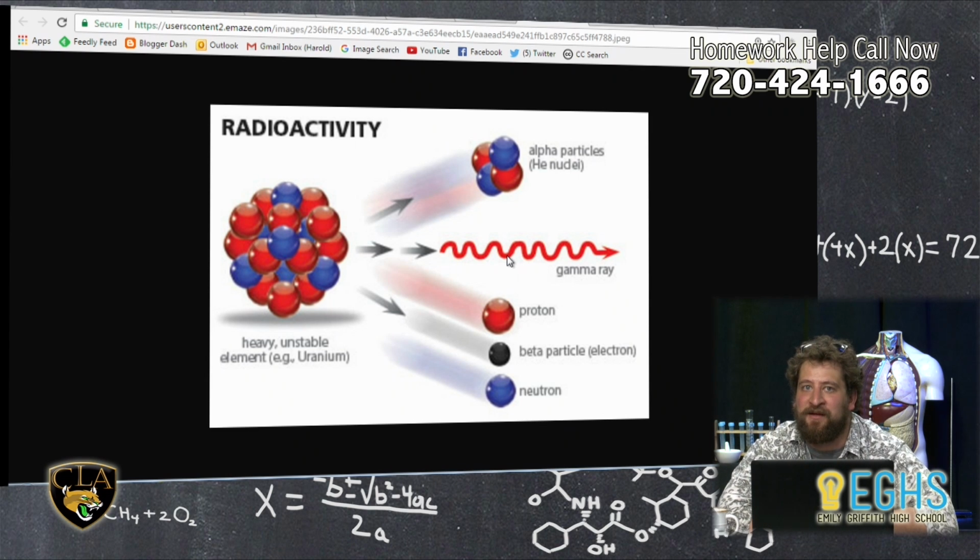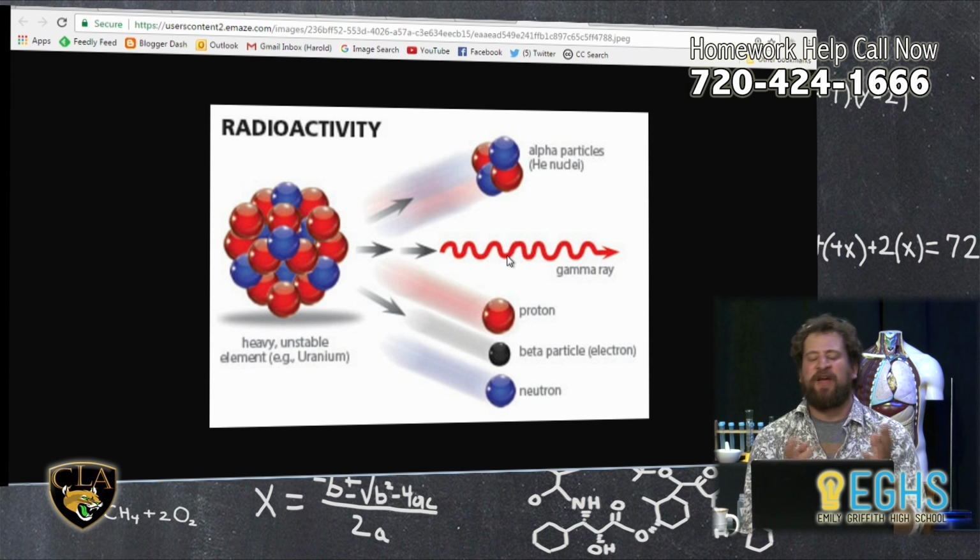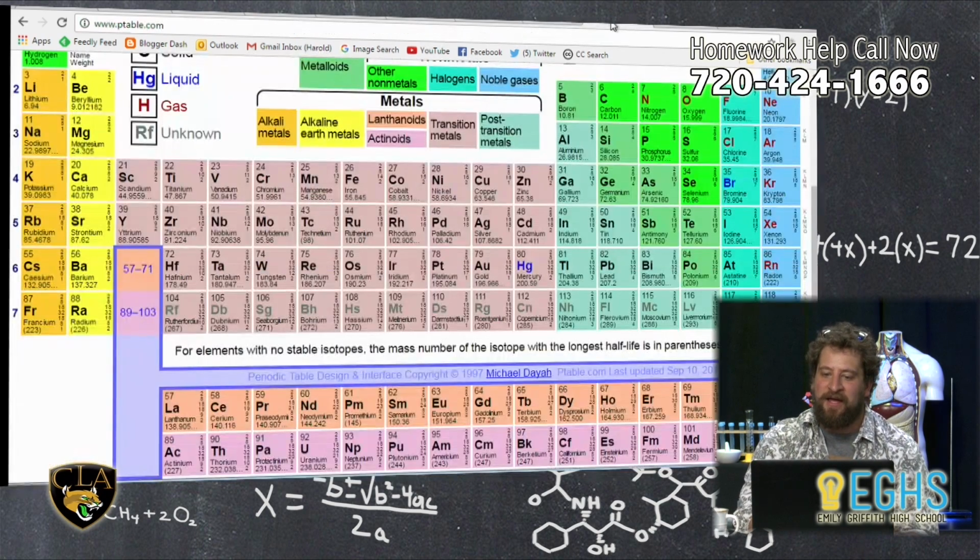damaging radioactive particles. So again, radioactivity is just the idea of an unstable nucleus of some kind of atom jettisoning off pieces of itself, and we name those different pieces. You can see here that neutrons are jettisoned off, protons are jettisoned off. There are different situations where different things might be sent off.